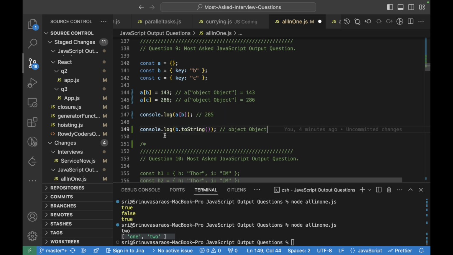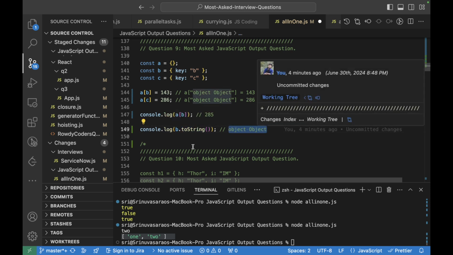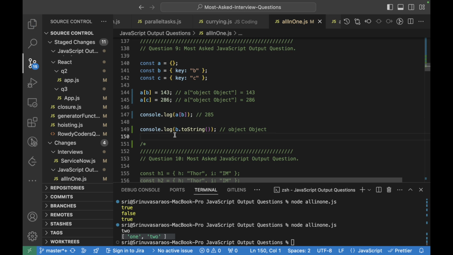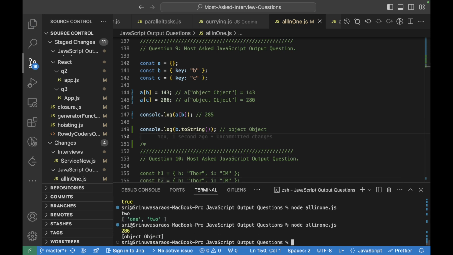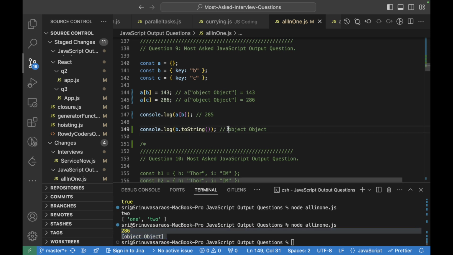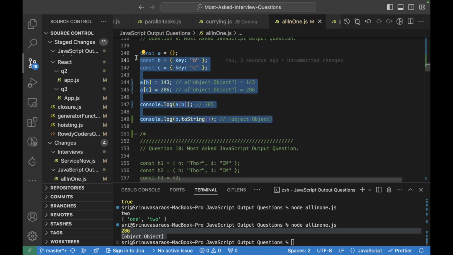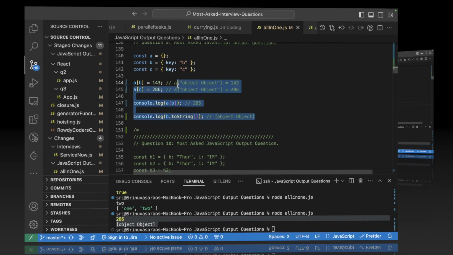If we do JSON.stringify, then it will convert this object to a string, but if we trigger toString, then it will convert this way. Okay, let me run it and show the output for you. So here, if you see, this is the same. Okay, let me comment this and let's go for another question.